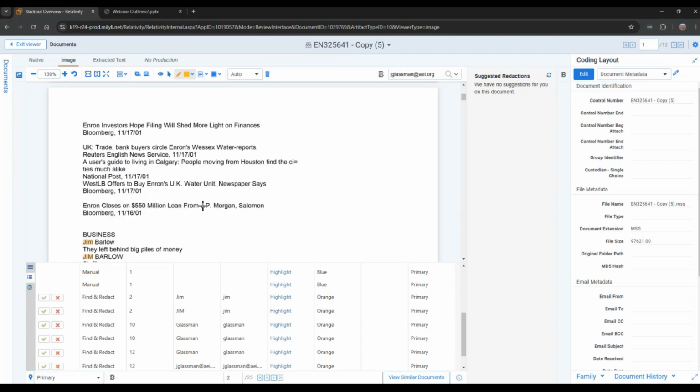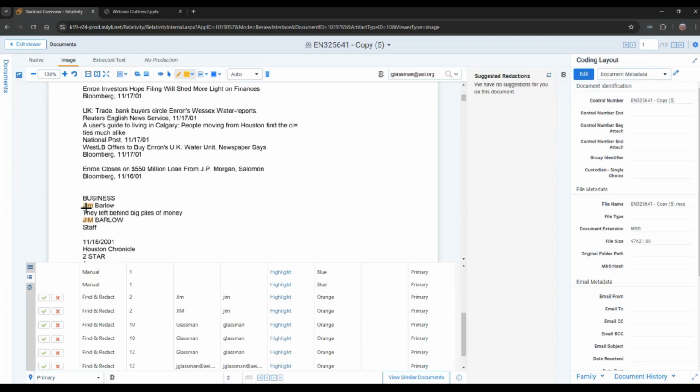Not 100% sure if that's Jim Glassman. So let's jump to page 2. We see our orange highlights. That's Jim Barlow, not the one we want. So what we do here is we just go in and we hit the reject button, and let's remove those